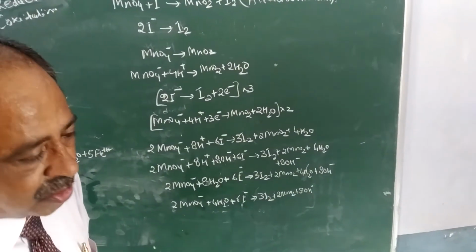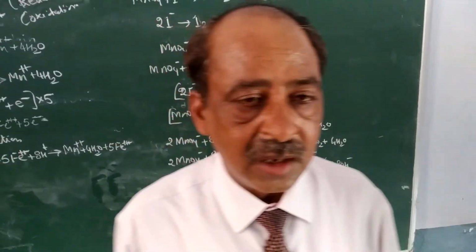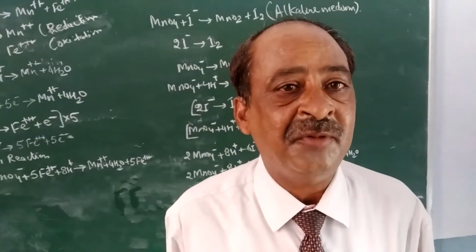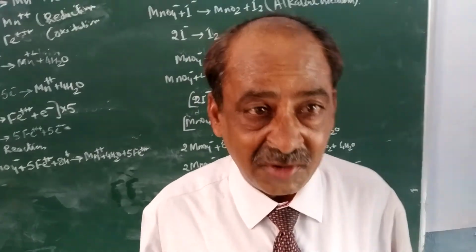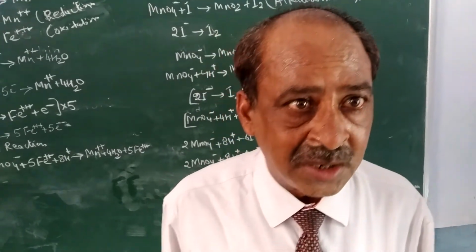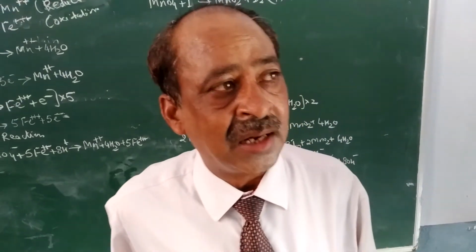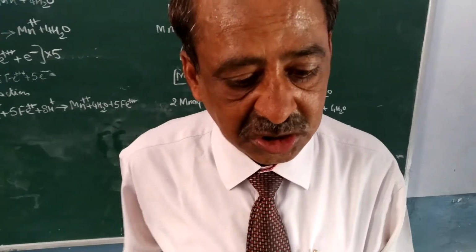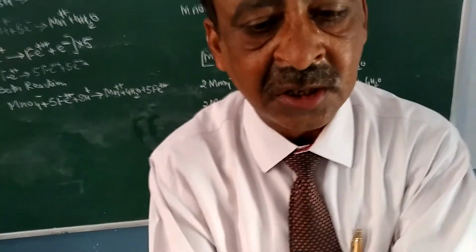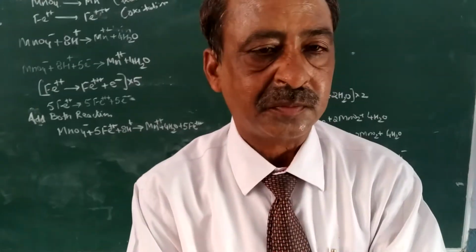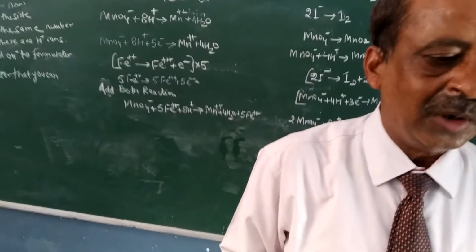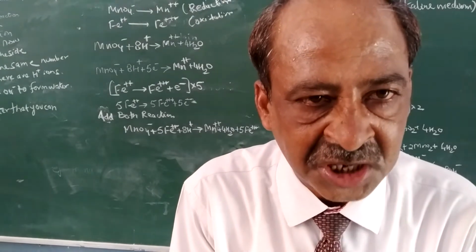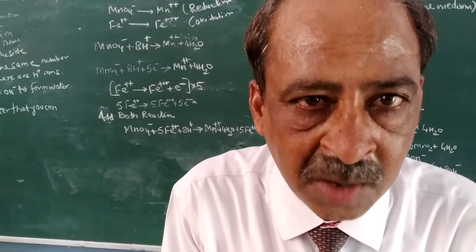Now you remember that same charges on opposite sides, if they are present, will cancel each other, and if there are opposite charges on the same side, they will cancel each other. This point has to be remembered, and remember that first you will balance the acidic solution: for each deficient oxygen, you will add one water molecule on the side deficient, and for each deficient hydrogen, you will add double the amount of H plus ion on the opposite side.